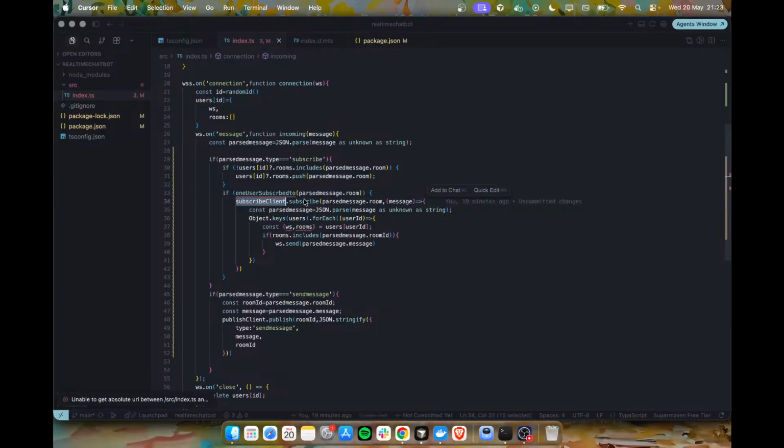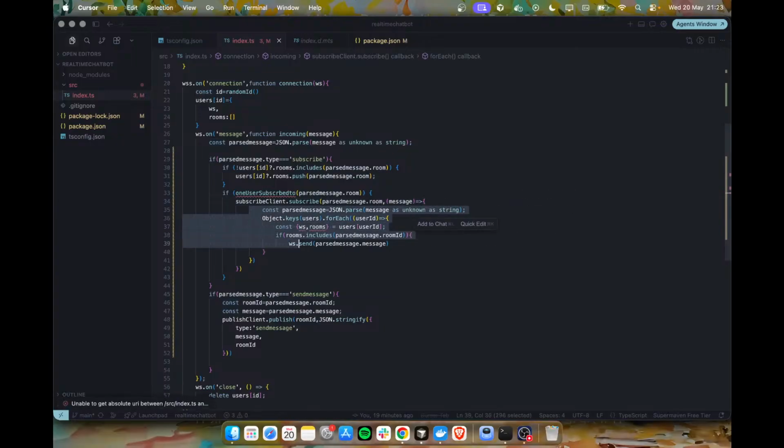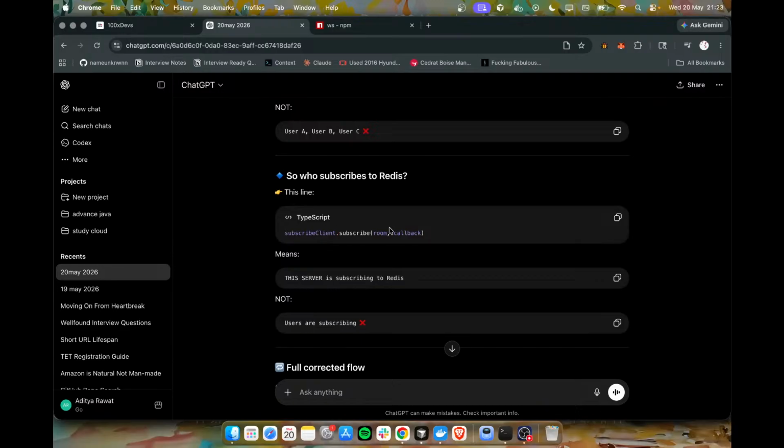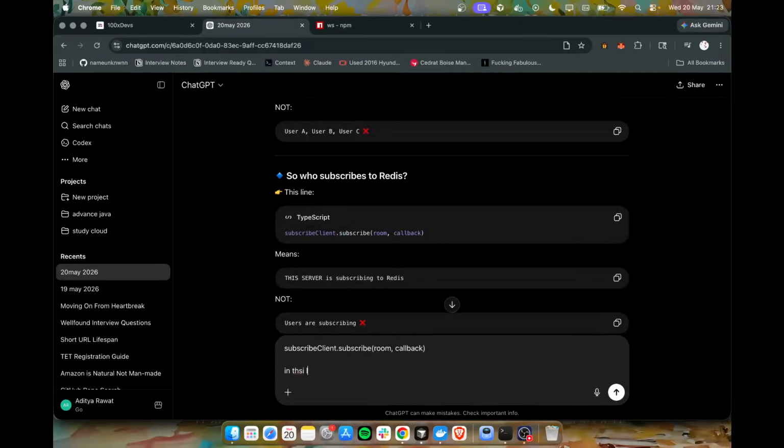Subscribe client dot subscribe room ID is given, but where is the server given? In this line of code, client is there, subscribe is there, room ID is there, but where is the